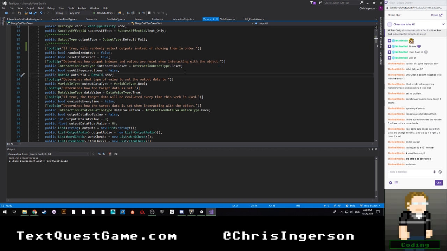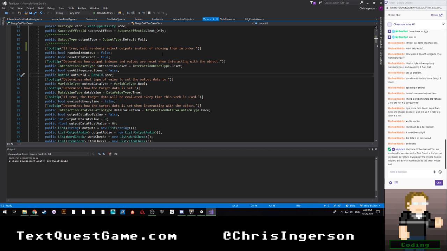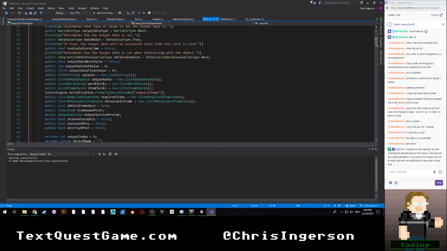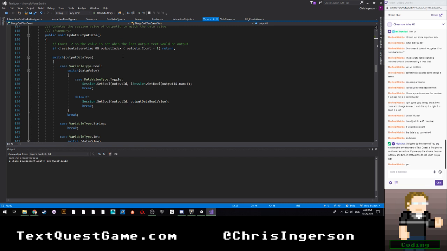Okay, so if true, it will randomly select outputs instead of showing them in order. Right, so from here, we need to change our code. So we're going to come back down here to update output data, and we're going to say,